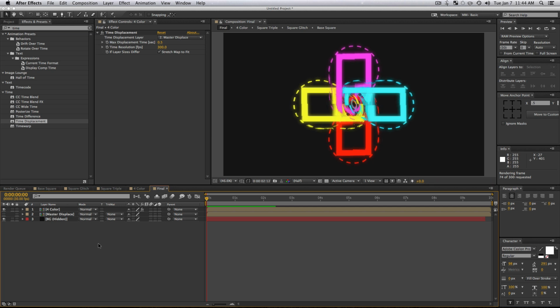We'll just let it go for a second. You can also add motion blur to this if you'd like, and things will look awesome. So you just set motion blur on your base square layer, and then just make sure to click this little button here, and things would get much more smoothed out and just look great.